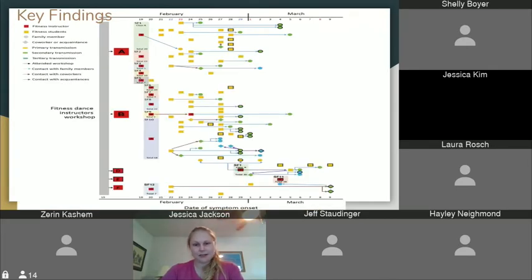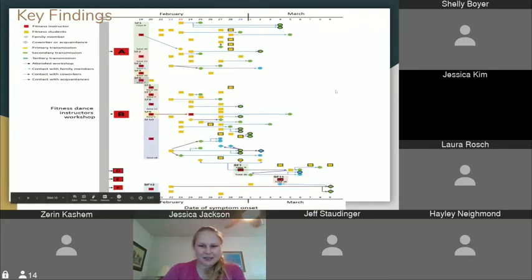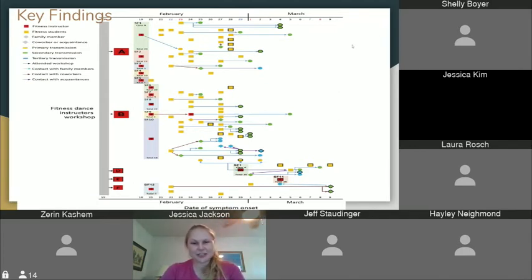Some of the key findings here. So this diagram here, I personally found it a little bit hard to read. Dr. Steininger encouraged us to highlight some diagrams that sometimes could be a little bit hard to read, as well as some of the really nice ones. And I thought that this was a very interesting diagram because you can mostly see what's happening. You can see that this one square case goes on and infects these other people, and you can see some of the chain that they've drawn.